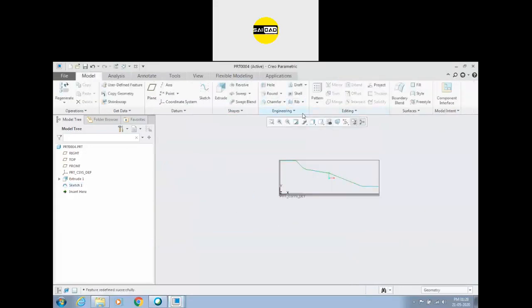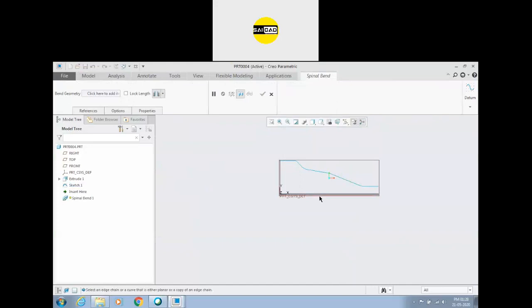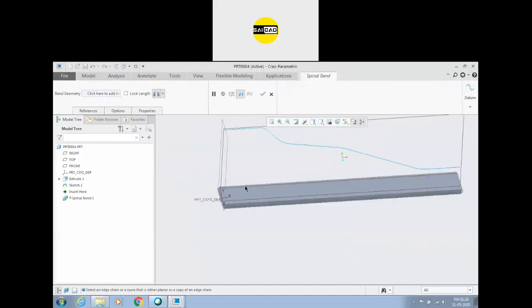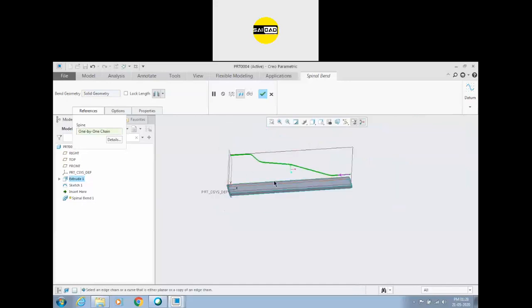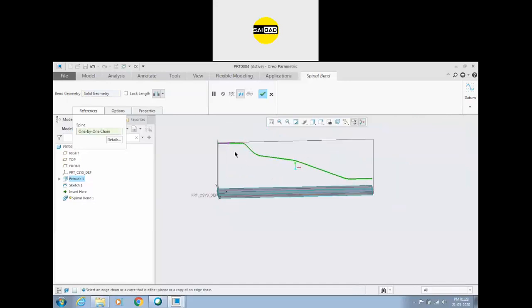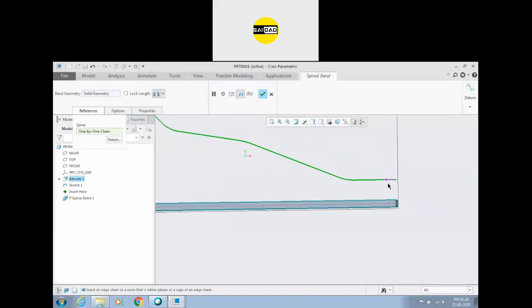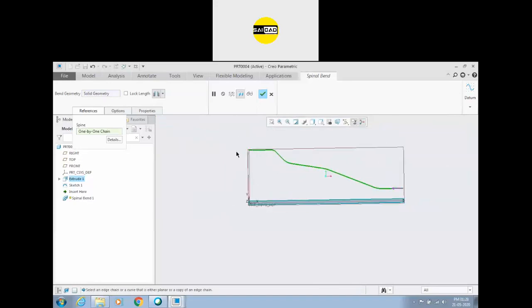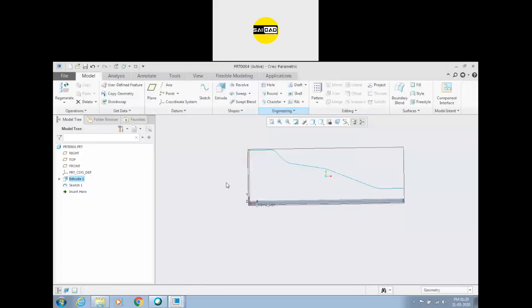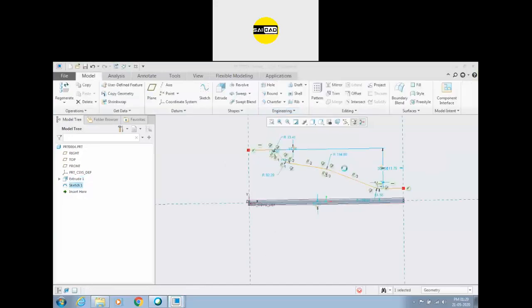Go to the spinal, select the object, the 3D object. Now select it from here. It should be selected, and after that select the earth. Not working.